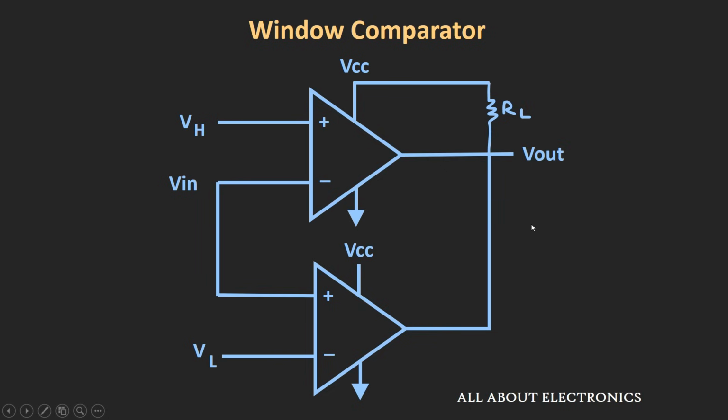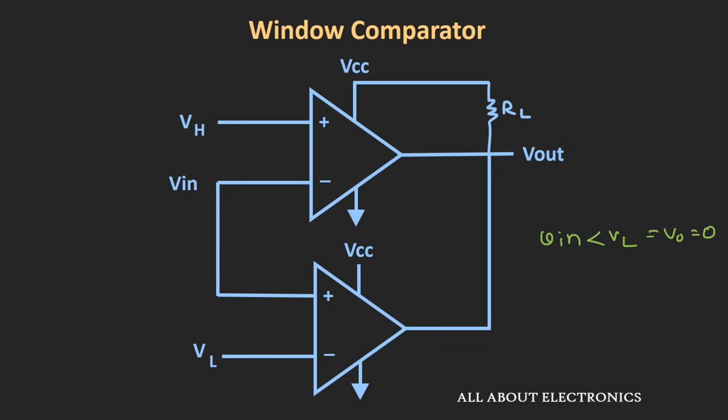So if any of the comparator outputs is low, in that case your overall output will also become low, while your output will be high only when both the comparator outputs are high. Now here, whenever your input signal is less than this lower threshold voltage, the second comparator output will be low and the first comparator output will be high, because this input is lesser than this upper threshold voltage. So because this second comparator is at low value, your overall output will be equal to low.